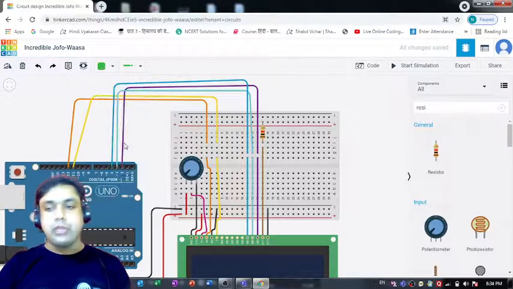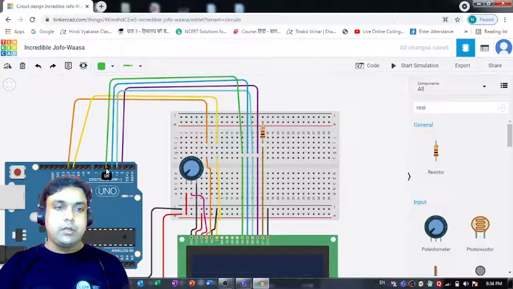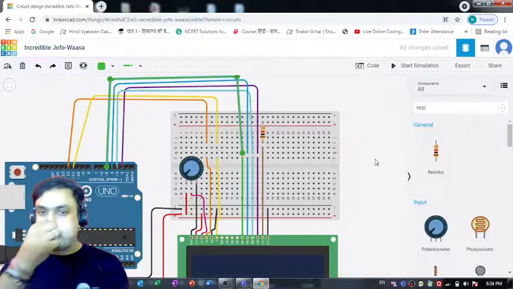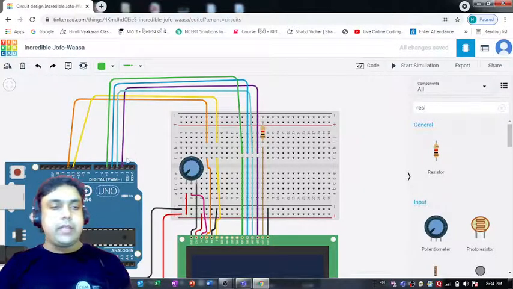We haven't used green anywhere yet, so we can make use of this color for connecting this DB4 to this terminal number D5. Right, so I think I am done with connecting everything. I'm done with creating a complete circuit.